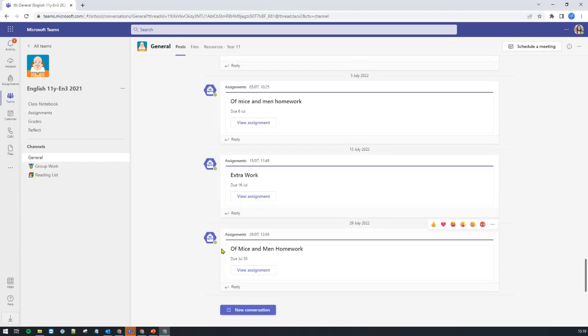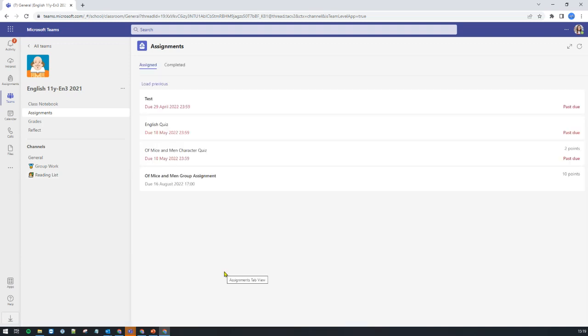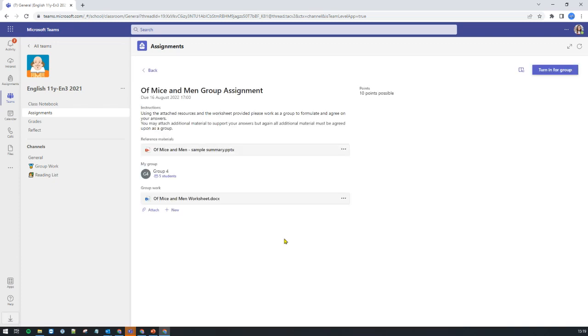So we just dropped into Susan's class here. We're in English year 11. Let's go into Susan's assignments and have a little look and see what we've got. So this is the Of Mice and Men group assignment that we've just set, and let's go into it. So as a student,